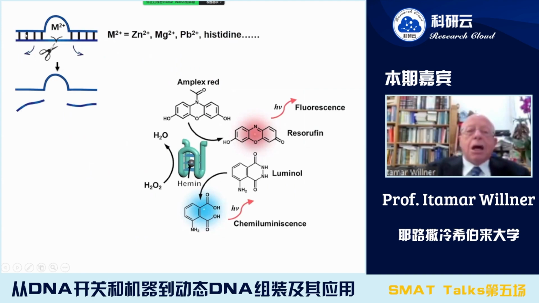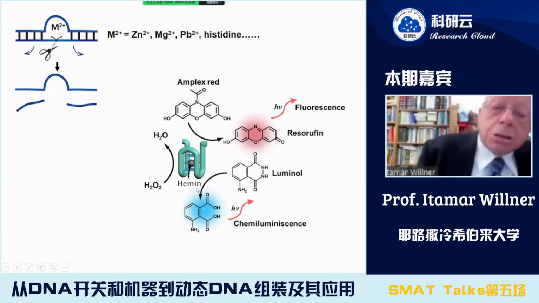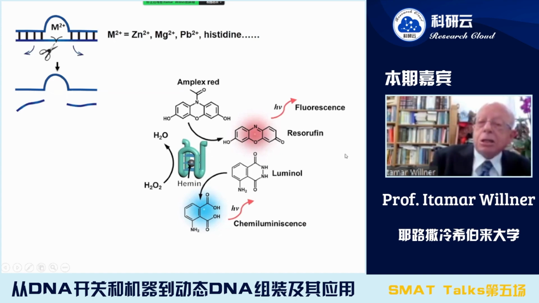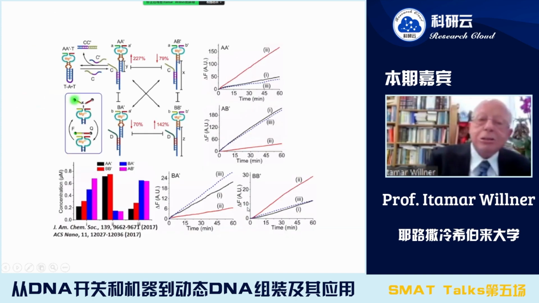For example, we can design cofactor-dependent DNA enzymes that reveal catalytic functions, and the DNA enzyme can be a metal ion cofactor-dependent DNA enzyme, or a DNA enzyme formed on a reconfigured structure of DNA, like a G quadruplex that binds hemin and generates a hemin G quadruplex DNAzyme that has peroxidase activities like oxidation of Amplex Red to the fluorescent resorufin by hydrogen peroxide or the generation of chemiluminescence.